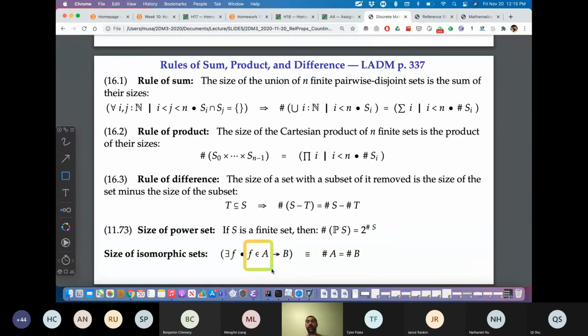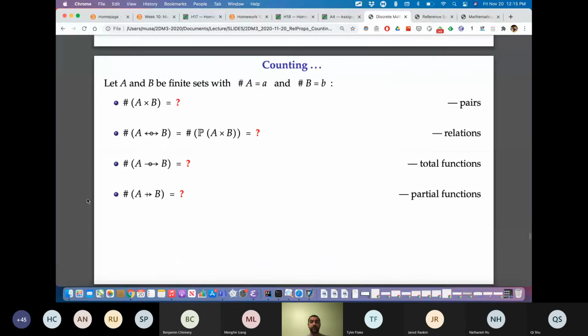Great. Then we said it's surjective, so every B has to be hit by some A. And then finally, we said it's injective as well, and so different B's have to come from different A's. And so that gives us that they must be equal. The number of A's and B's has to be equal. We'll get to formal proofs, but I just want to show you some of these today. Okay.